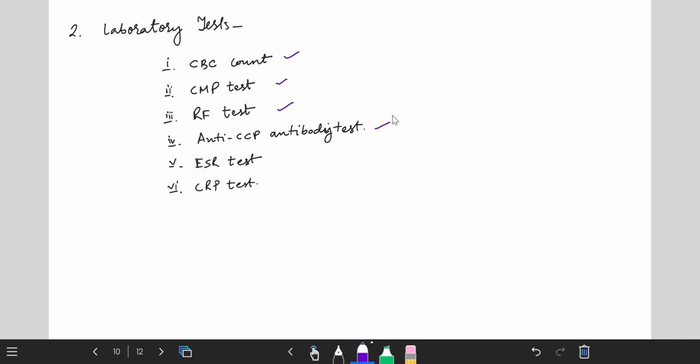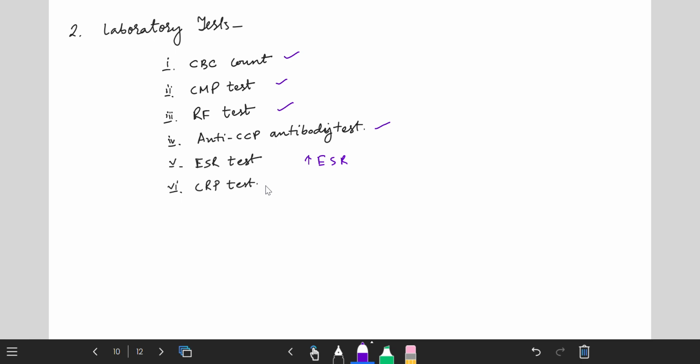Fifth one is the ESR test. ESR full form is erythrocyte sedimentation rate, which measures if there is any inflammation in your body. It means if there is a high ESR rate, it represents the presence of active disease. And the CRP test is